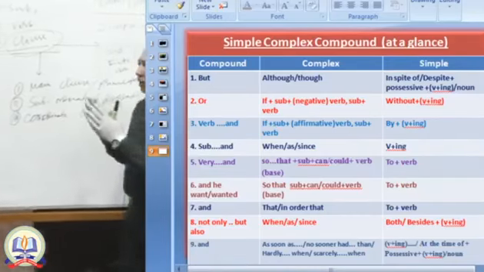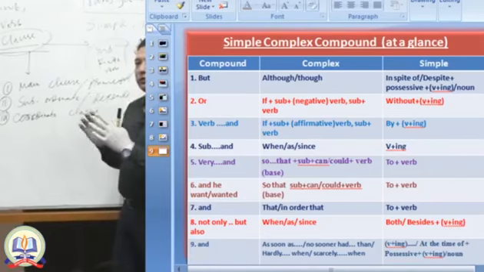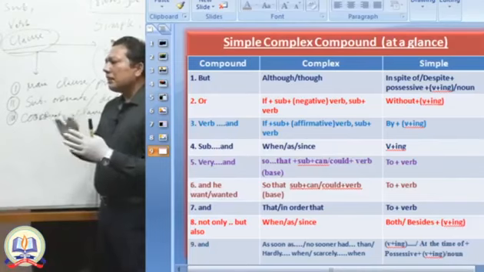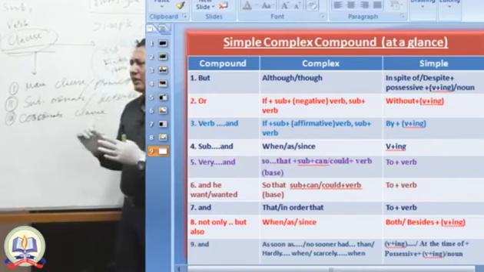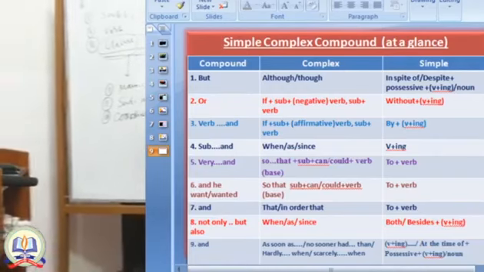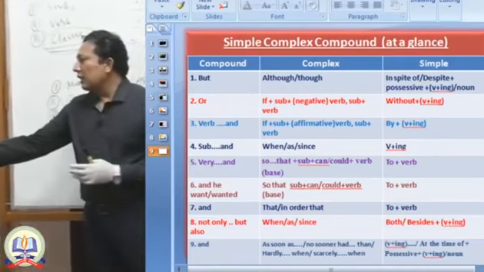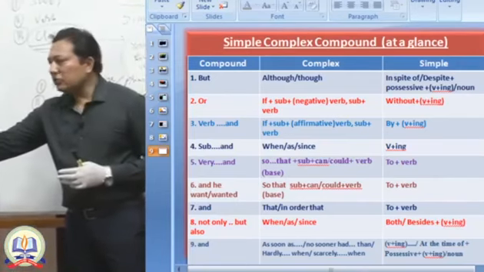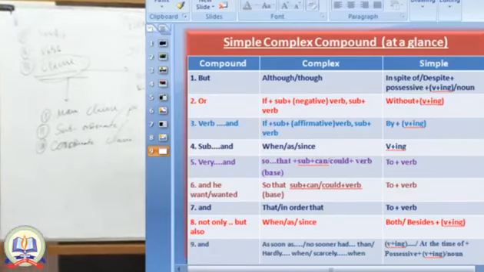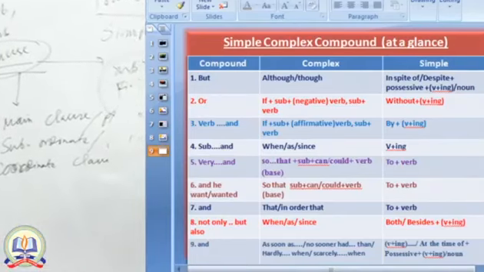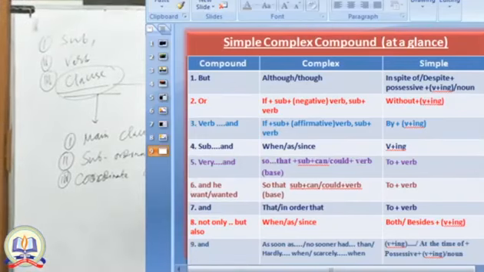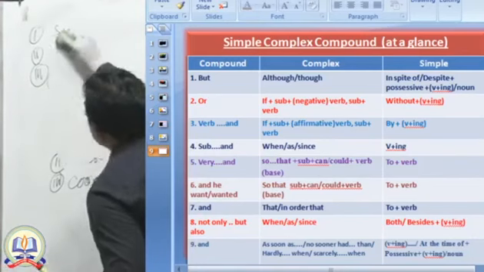In this diagram, you can make a copy of the diagram and try yourself to create some examples from it. It will be easier for you, and I think you should try it first. Then in the next class, of course, I will try to make you clear. This is the primary discussion for transforming from simple to complex to compound in this way, and then we will go into detail.